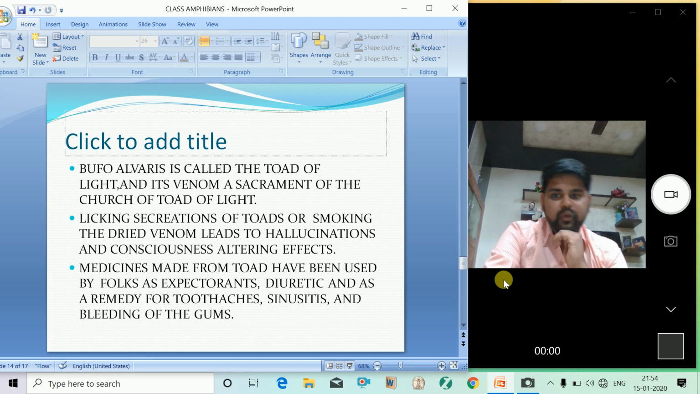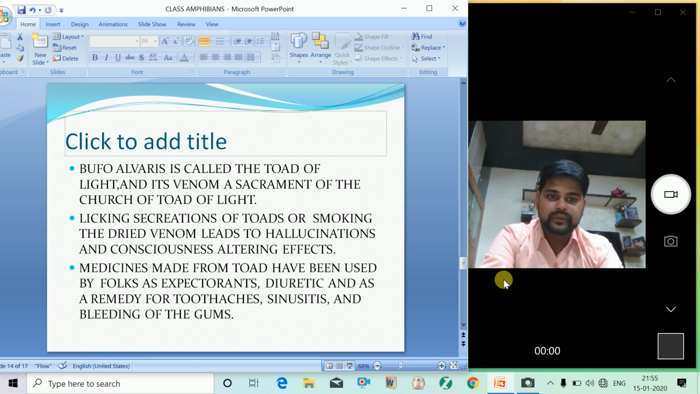So the Bufo alvarius is also a toad of light. Interesting. It has a venom and a sacrament of the toad of light. Licking the secretion of the toad or smoking the dried venom leads to hallucination and consciousness-altering effects. The Bufo, we all know, has a major effect on the central nervous system. Medicine made from the toad has been used for flux, as diuretics, and as a remedy for toothache, sinusitis,